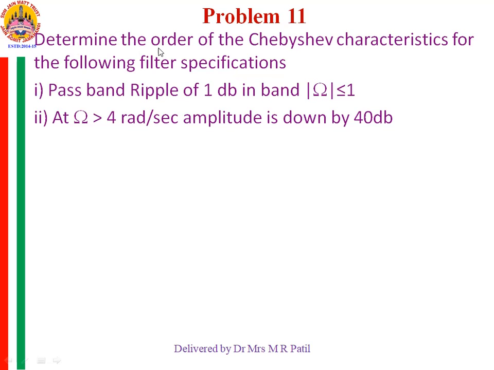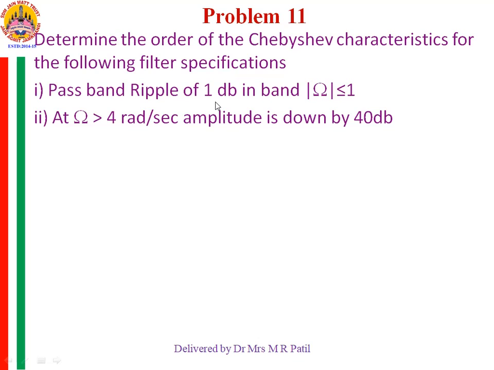To determine the order of the Chebyshev characteristics for the following filter specifications: passband ripple of 1 dB in the band magnitude of omega less than or equal to 1 radians per second, and at omega greater than 4 radians per second, amplitude is down by 40 dB. So this means